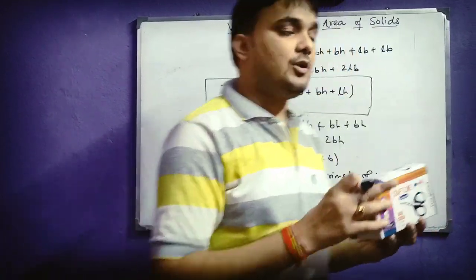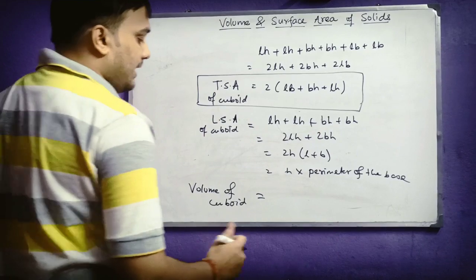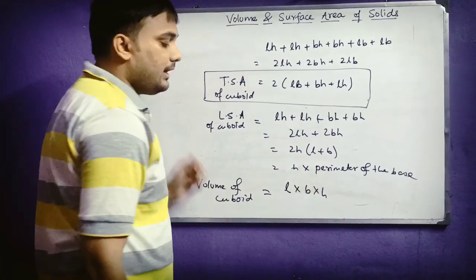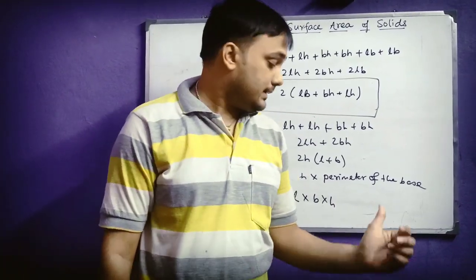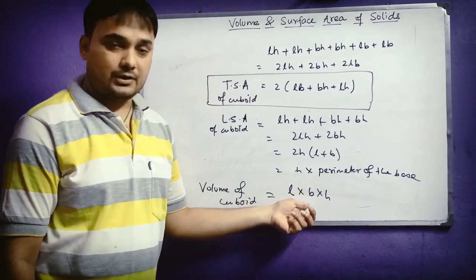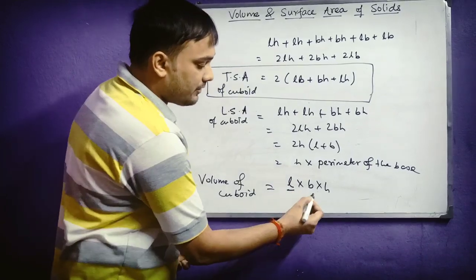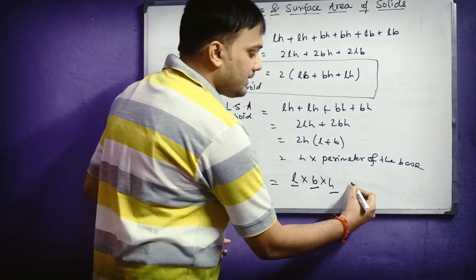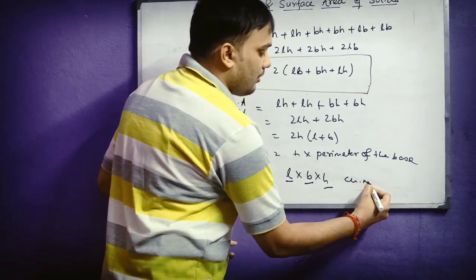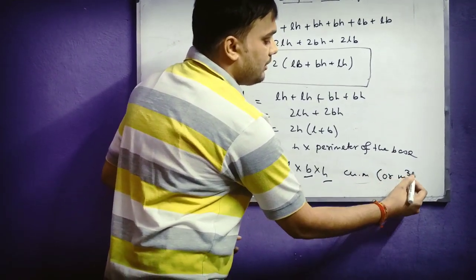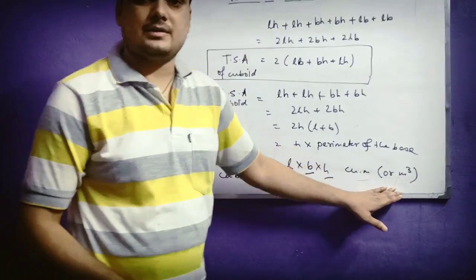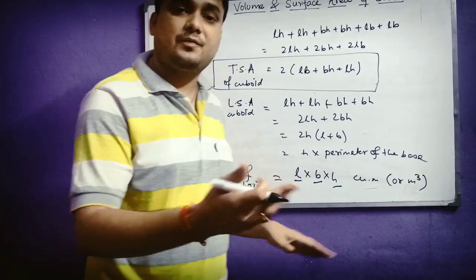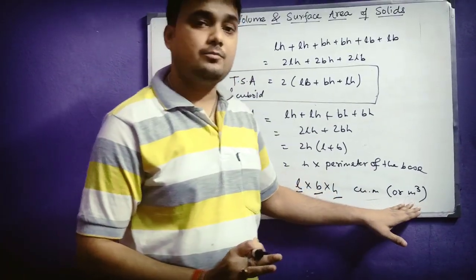And so the volume can be found by the formula of the product of length, breadth and height. That means length into breadth into height. This is the volume of the cuboid. As you can see, there are total 3 dimensions, and multiplication of these 3 dimensions will give you the unit cubic meter or meter cube. This is the SI unit, that is standard international unit, of volume of the cuboid or volume of any substance.